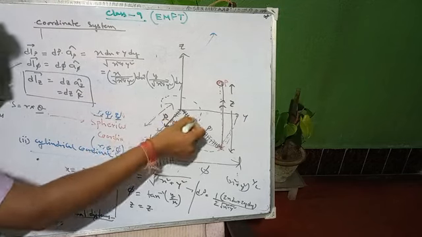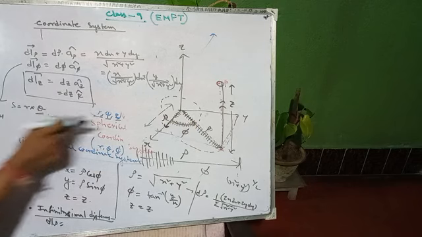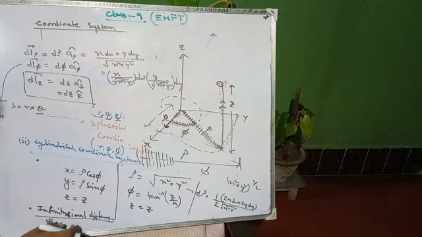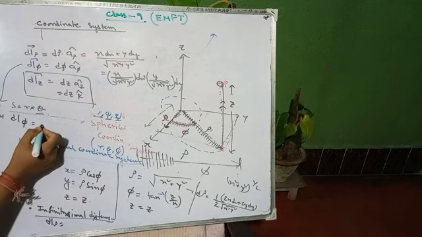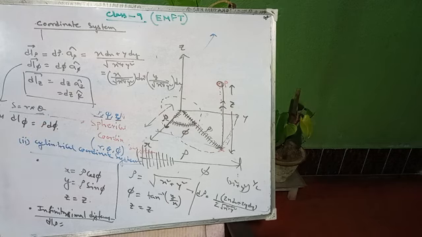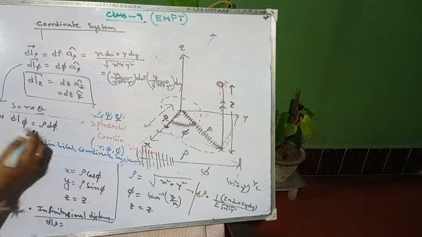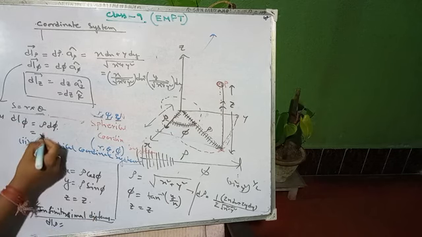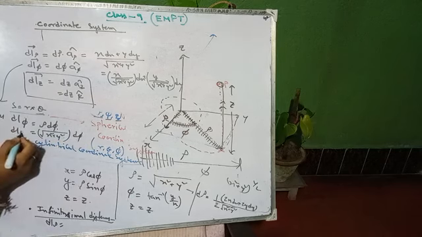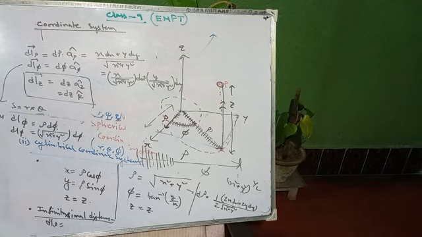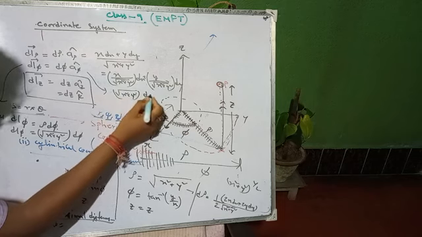So theta means the angle, right? Whatever the angle is made, and phi means similarly this angle. Okay, so from here we can write dl phi equals to nothing but rho into d phi. Always remember dl phi equals to rho into d phi, and rho means what? Rho means this one, root over of x square plus y square into d phi. So dl phi means root over of x square plus y square into d phi.